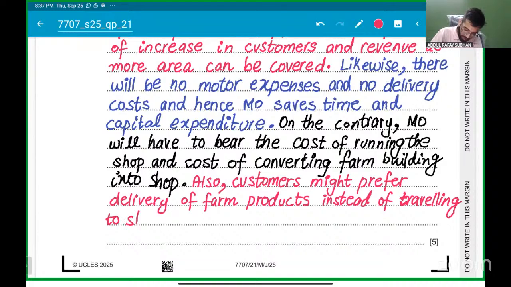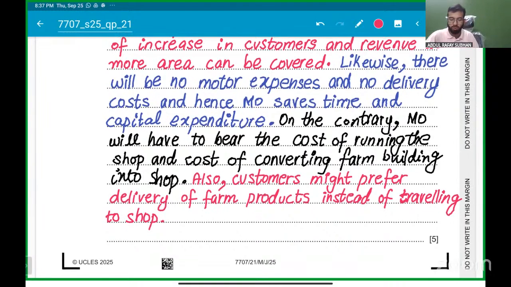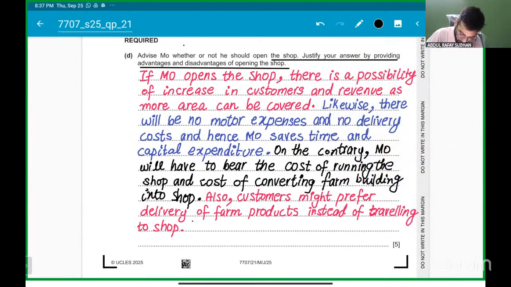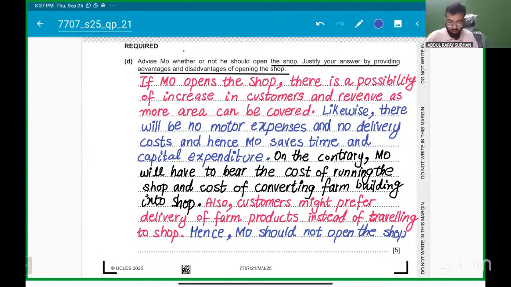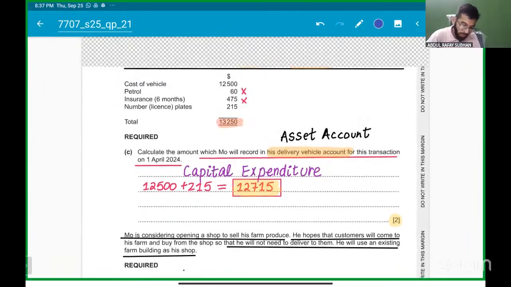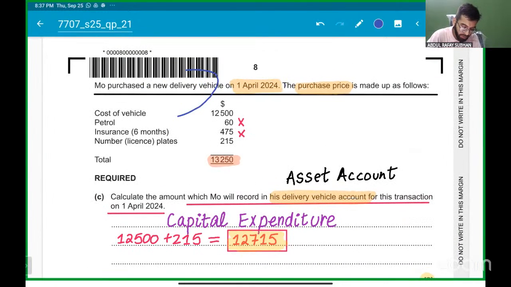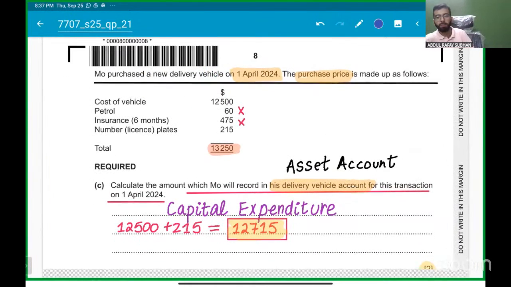सही है, तो ये दो डिसएडवांटेजेस हो गए एंड दो एडवांटेज हो गए। अब मैं यहाँ पर कंक्लूजन कर रहा हूँ कि हेंस Mo should not open the shop. That's conclusion coming students के, hence Mo should not open the shop। और मैं इसका रीजन क्या दे रहा हूँ, वन लाइनर। Hence Mo should not open the shop because उसका ऑलरेडी शॉप के बहुत एक्सपेंसेस होते हैं। Hence Mo should not open the shop because he has recently purchased a new delivery vehicle।